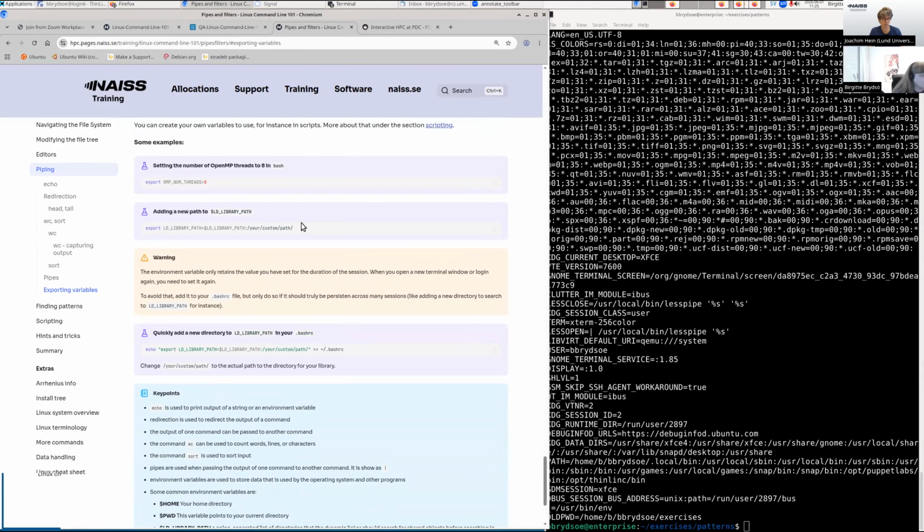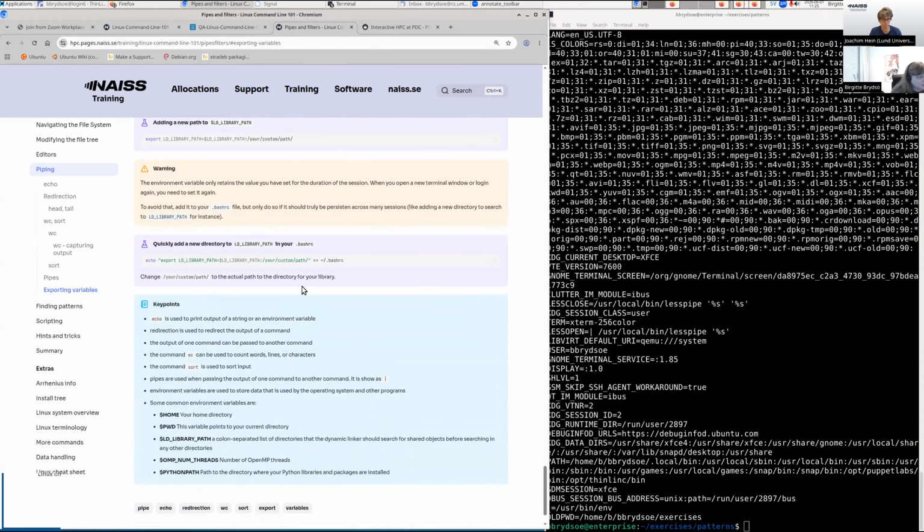We are a bit behind time. But yeah, export the name of the variable equals the value. You can do it like this. You can read this yourself and ask questions if you have any about this. But I am not going to go to the key point either. I'm just going to stop here and